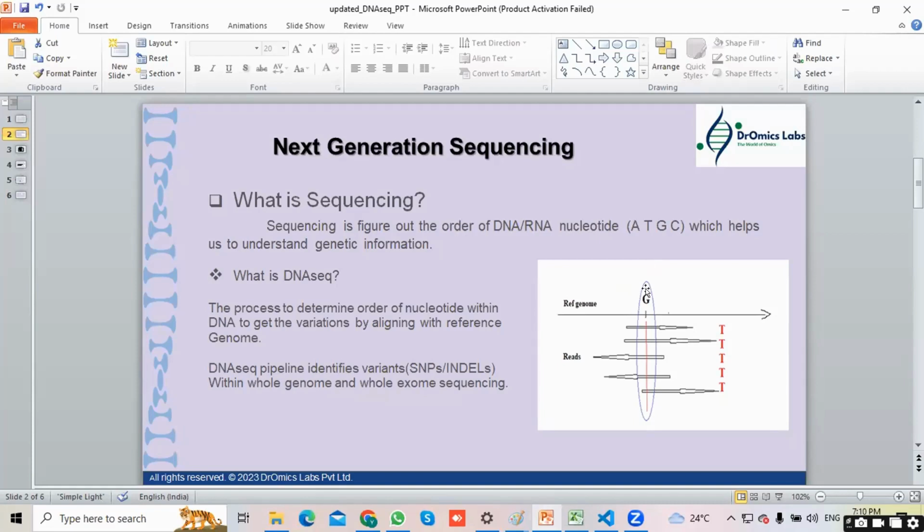So basically the DNA-seq pipeline identifies variants, such as SNPs and indels, within whole genome and whole exome sequencing. Whole exome sequencing identifies the variations in the protein coding genes, because in this region we can get most of the large variations or large SNPs. The protein coding region is 1% of the whole genome. So if you are only interested in the protein coding region instead of the whole genome, at that time,